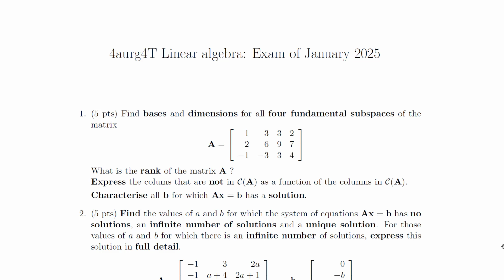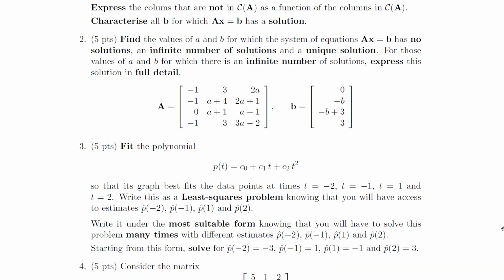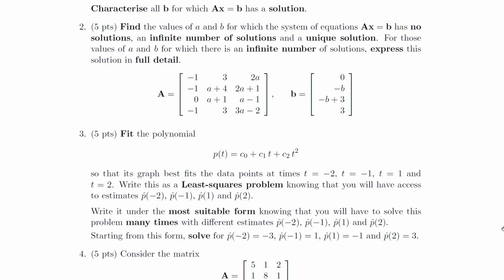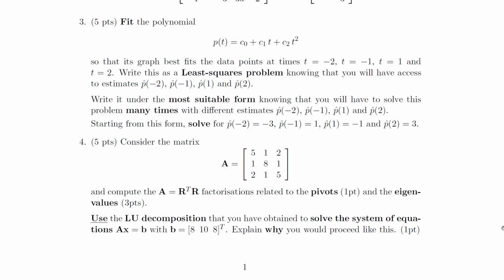a matrix. Then we have a look at a system of equations that is based on two values a and b, and you have to solve this system of equations and discuss based on the values of a and b. In question 3, what you have is really to fit a polynomial for values that are given for t minus 2, minus 1, 1 and 2, and this is really a least squares problem that you have to solve using the QR decomposition. And then finally you're given a matrix and you have to compute the factorizations